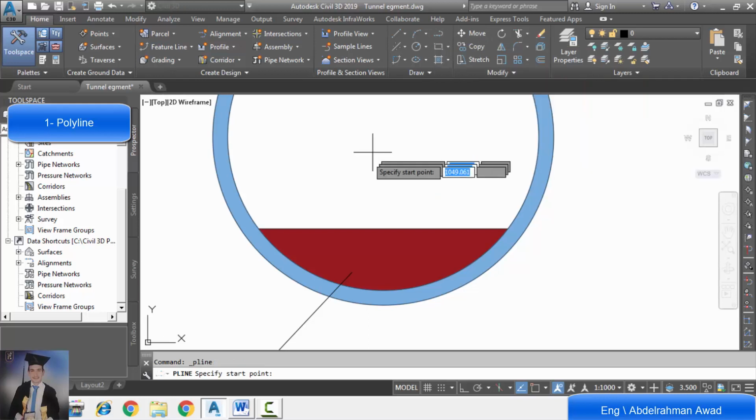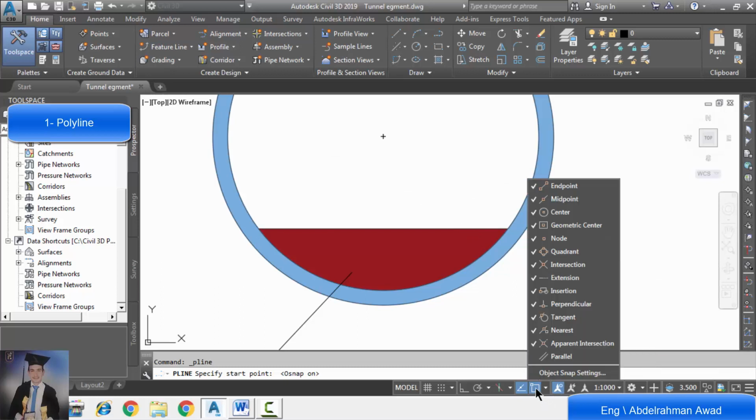From there, we'll draw first a line, but we will make sure that snap is on, and that all components of snap are on. If we click right, we should make sure that all components are on.